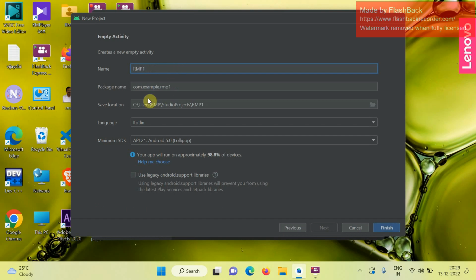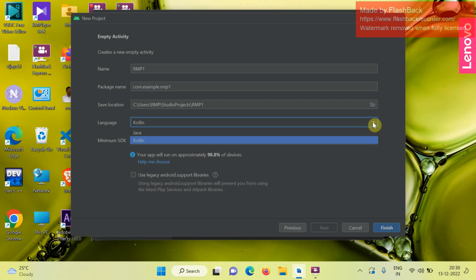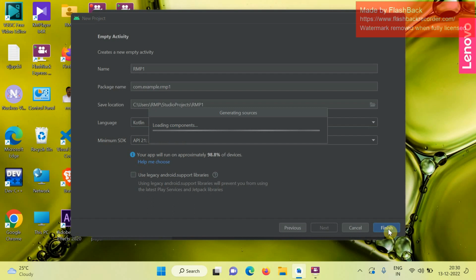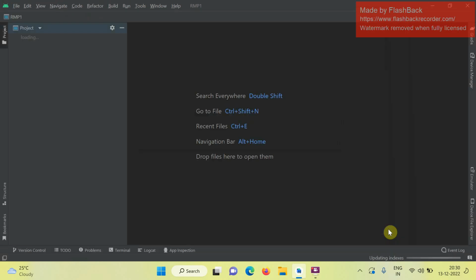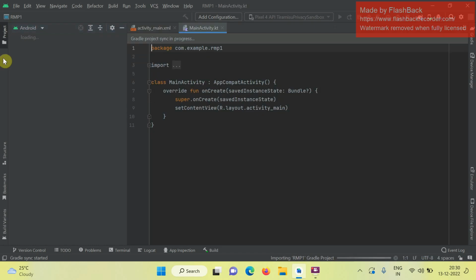And you can see that the package name is automatically renamed as rmp1, which is in lowercase. And this is the language which has been selected, Kotlin. You have an option of Java also, but let us have Kotlin. So I'm just clicking finish. You can see that the initial settings are done by Android. The Gradle will run, and you can see that in this panel